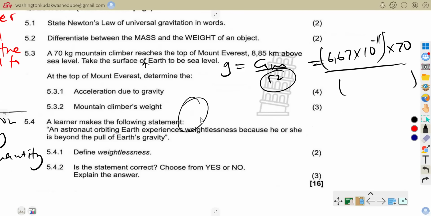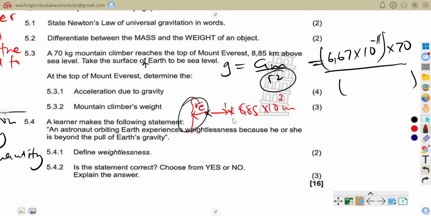This is the surface of the earth, and this is where the climber is, 8.85 times 10 to the power 3 meters. That is the distance. What about from the center of the earth? That is the other thing that I had overlooked. So this becomes the radius. So you would add this distance plus that distance